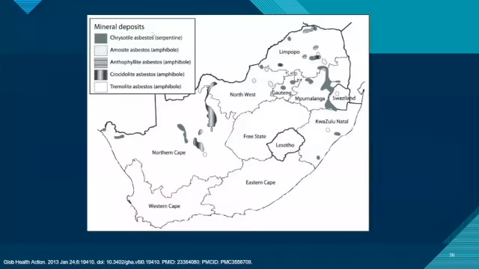I thought this was a very nice diagram just to show the relevant asbestos exposure in the different provinces in our setting. And we can see a lot of them here. And relevant to us in Gauteng, we can see there are 2 hotspots, as well as in Northwest, which is a big drainage area also for us, in terms of, we know that Klerksdorp and Sepane refer a lot of their patients to us. So it's important to know where your patient lives in order to know whether or not they may have been exposed to asbestos.